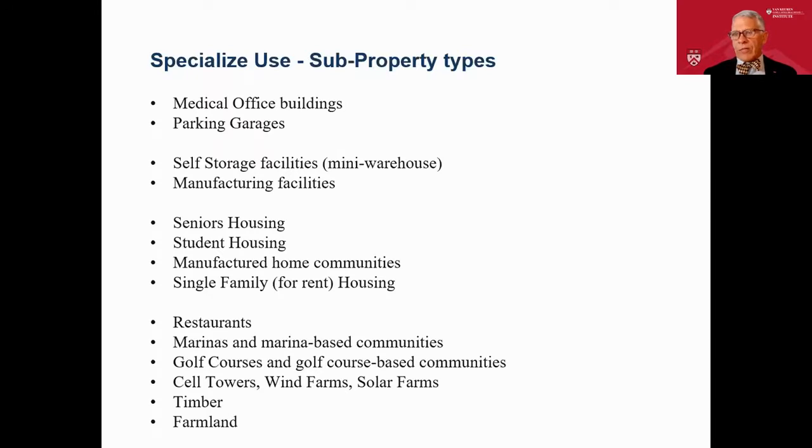You may have heard, or I just heard actually 3 weeks ago, that the Bill Gates Foundation is now the largest owner of farmland in the United States, with, I believe, like 500 million acres of land in the US. And their plan with that is to grow more organic crops and change the world's food supply based on what they're trying to do. So there are many, many institutional investors, and there is both a NCREIF farmland index and a NCREIF timberland index out there. So we've got a lot more things to look at than we used to in just the 5 major property types, all these subspecialties out there.